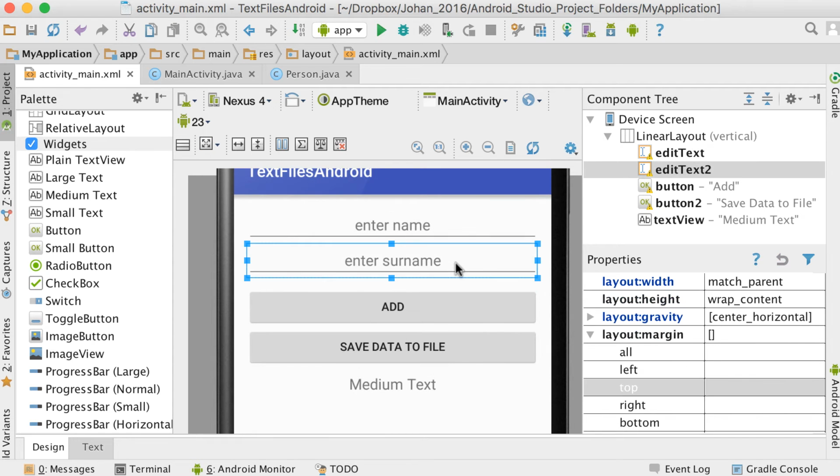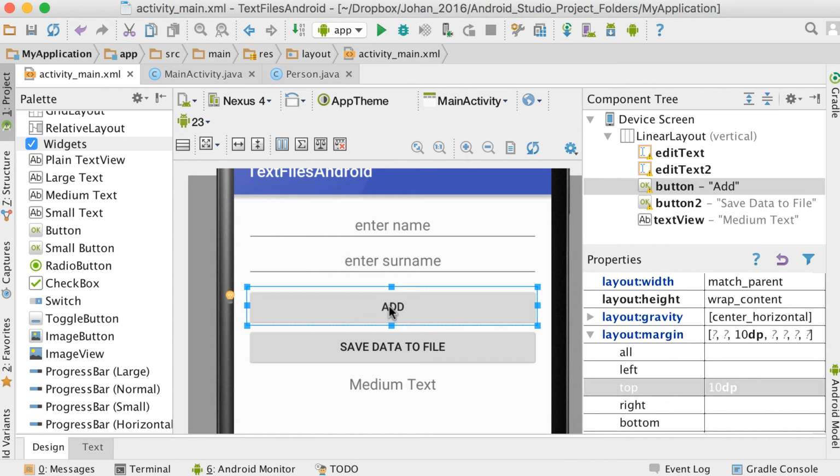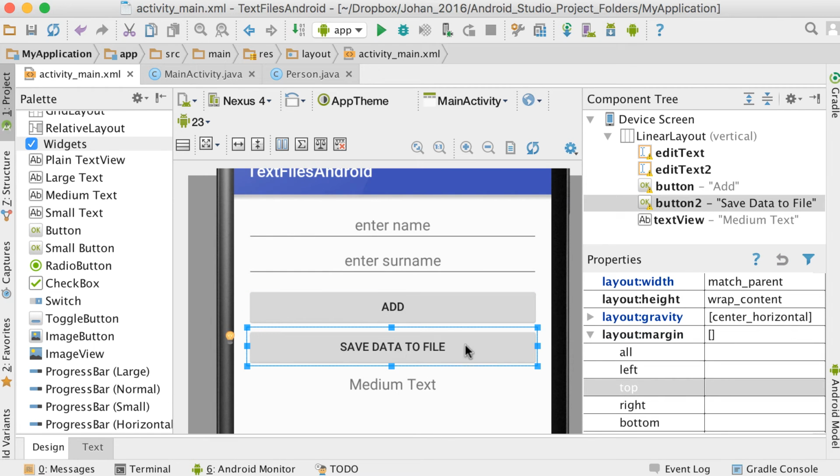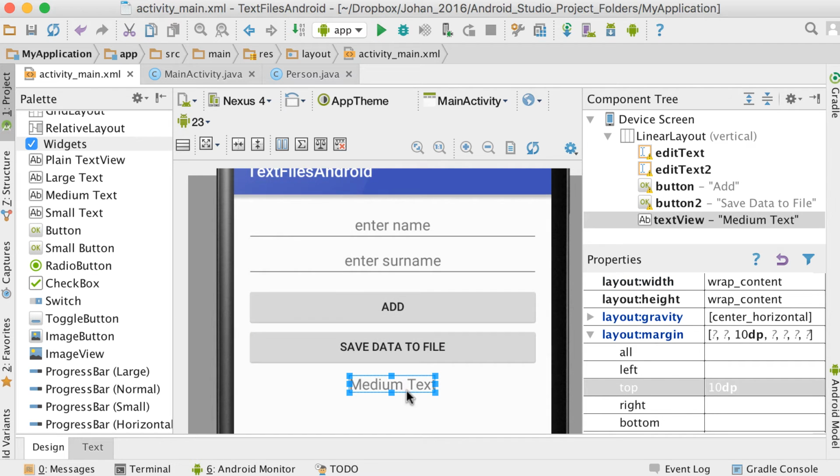So we're going to enter the name and the surname. Then when we click on add, we will add it to this medium text. And then ultimately when we say save data to the file, it will save it to the text file. So the next time you run the application, it will show in the medium text. So we need some